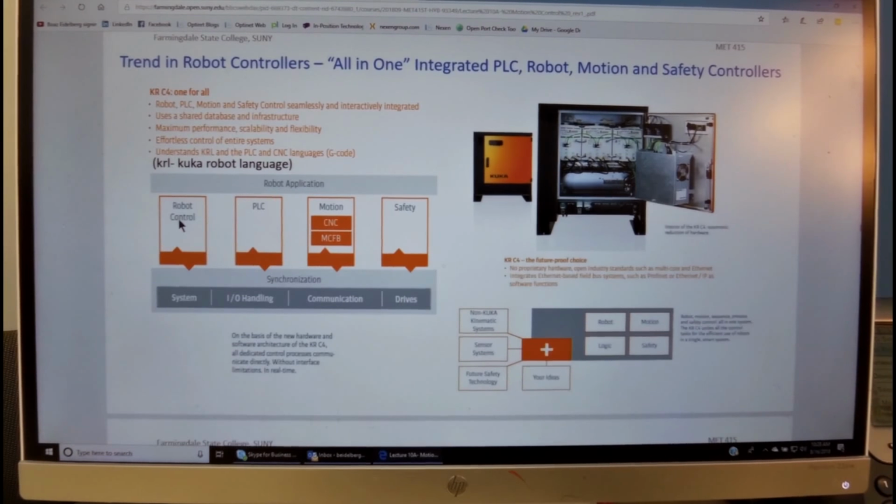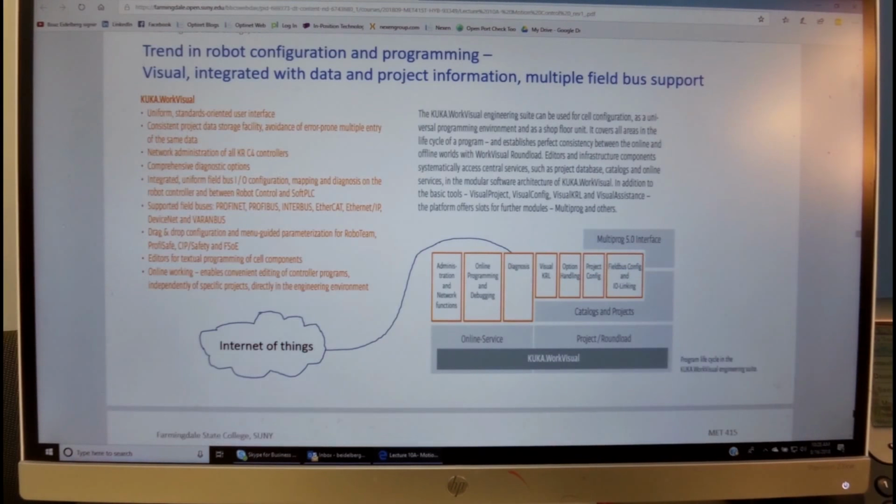It has the robot motion controllers and many other communication links to kinematic analysis, sensor systems, and also to future safety technology that may be integrated in the future into existing controllers. So these are the trends, and we see that Internet of Things is the theme of many of today's controller manufacturers.